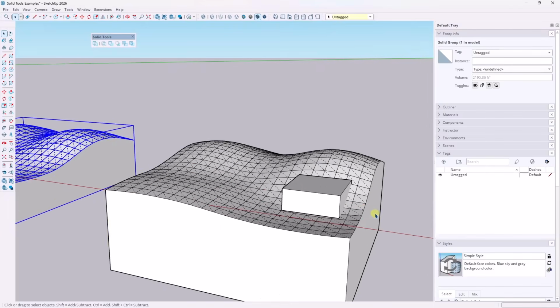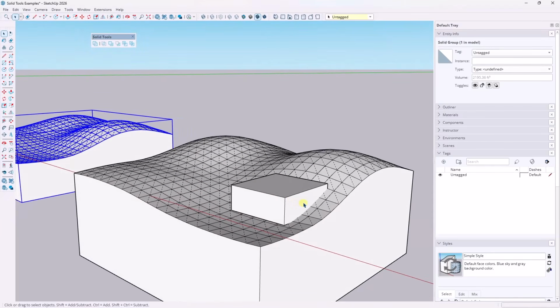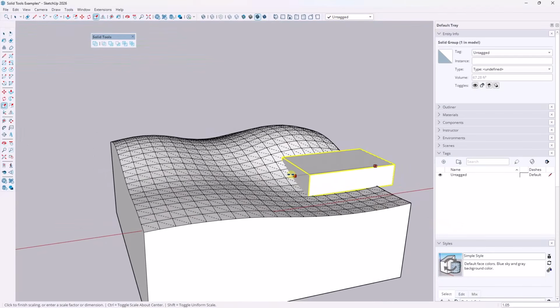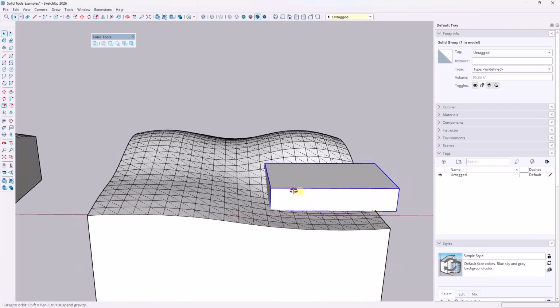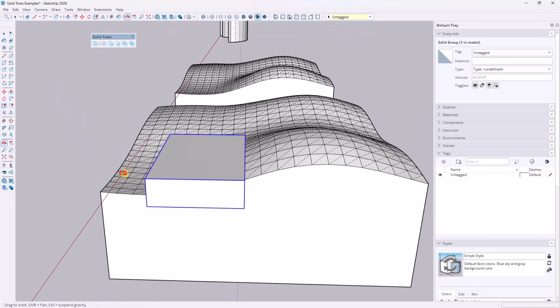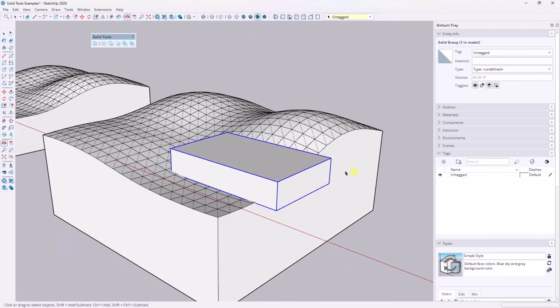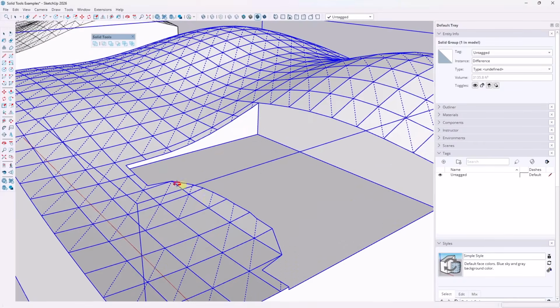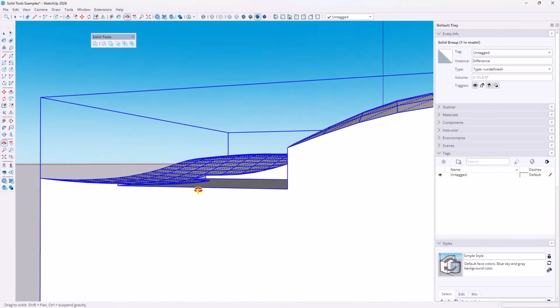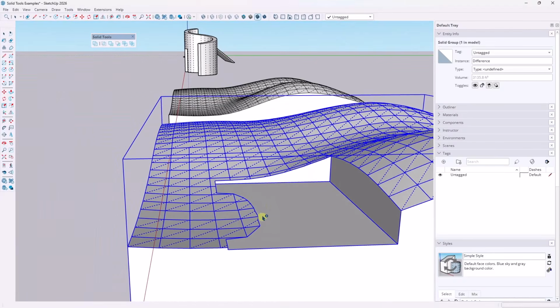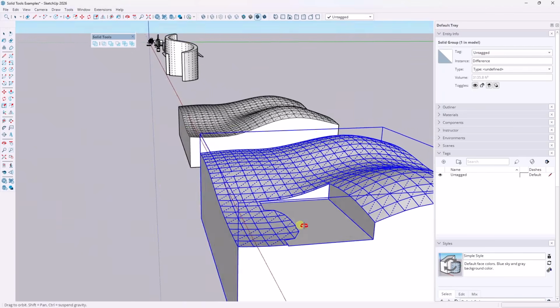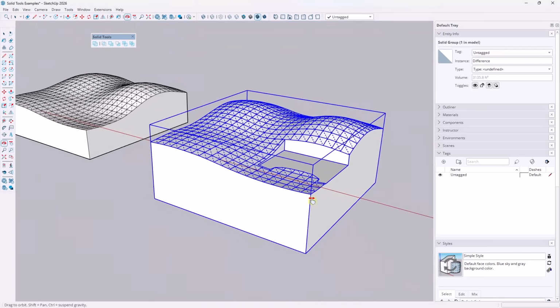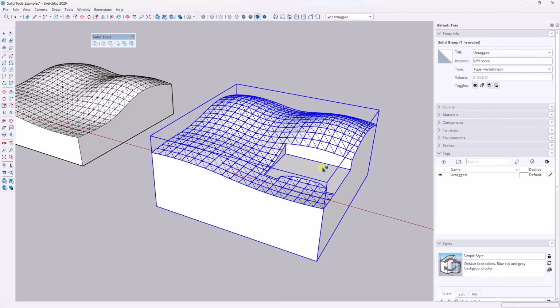So because it's a solid group, we can actually interact it with other things. So in this case, say that I wanted to add a building pad or something like that. Well, I can use this tool in order to do that. I can extend this beyond, but I can figure out where I want a retaining wall or something like that to be. And then I can use the subtract function in order to subtract this. And notice how you've got this nice slope up to this because it just removes up to the base right here. So if you want to cut openings or remove things from your terrain, you can definitely